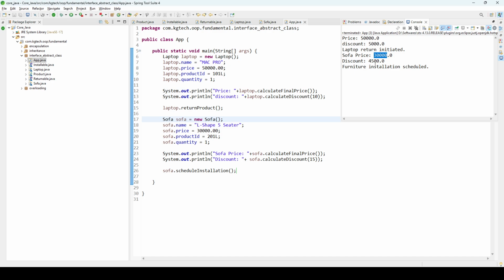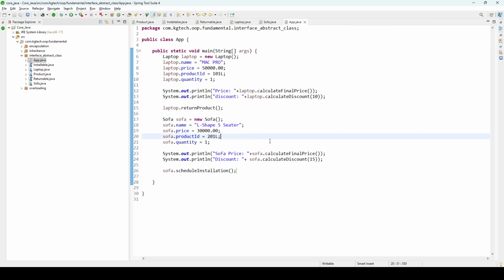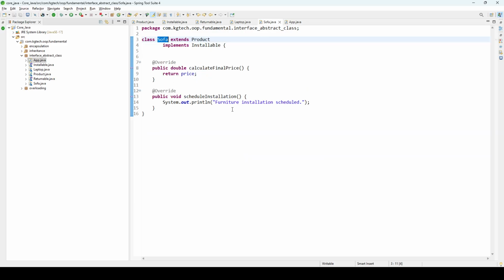Then we have the final price. And you can see this is the final installations scheduled, because this product is eligible for installation. Now later we may find that we can also provide the return policy in this sofa product. So we just need to add that